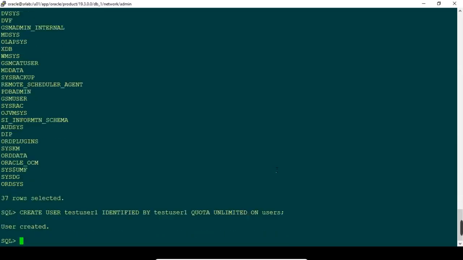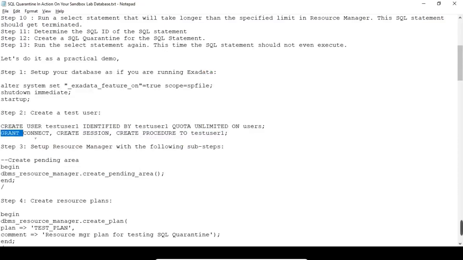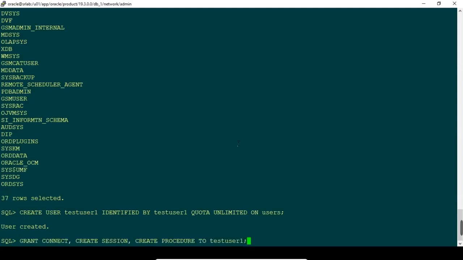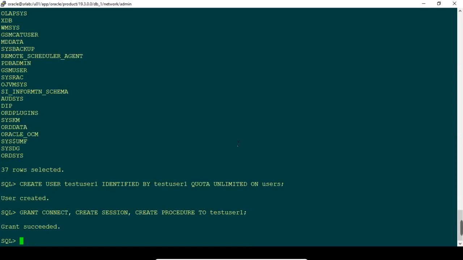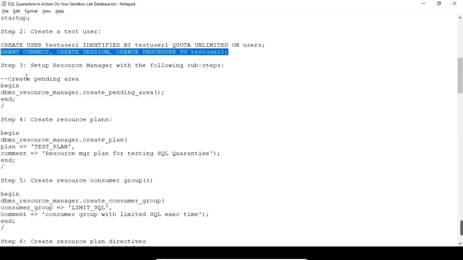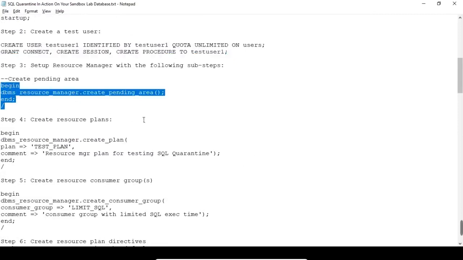So create user, grant. Okay, next step 3, resource manager, where we are going to create the following sub steps. So begin, we are creating the pending area first,